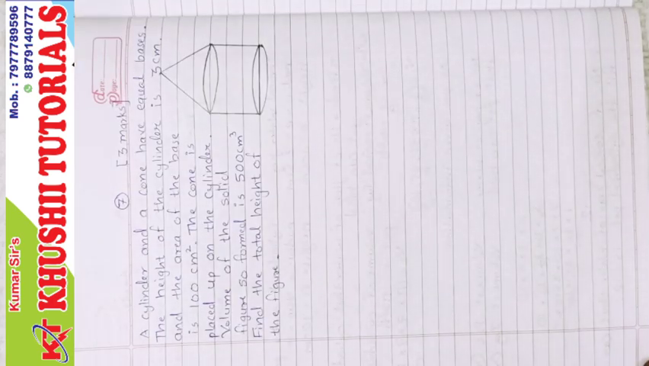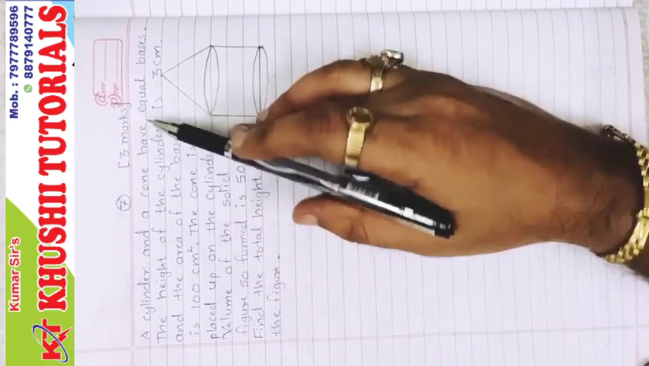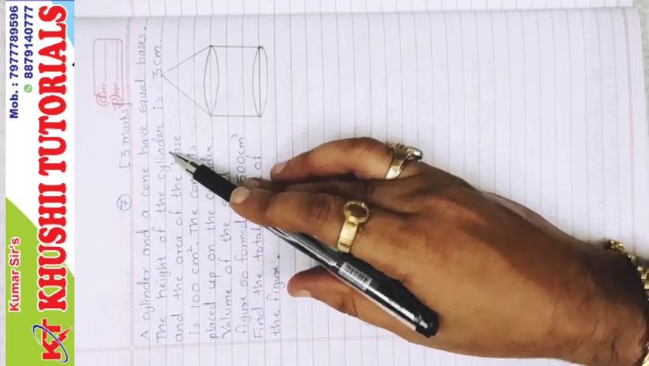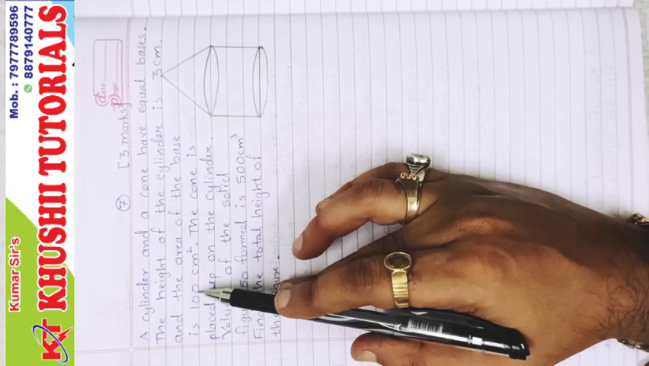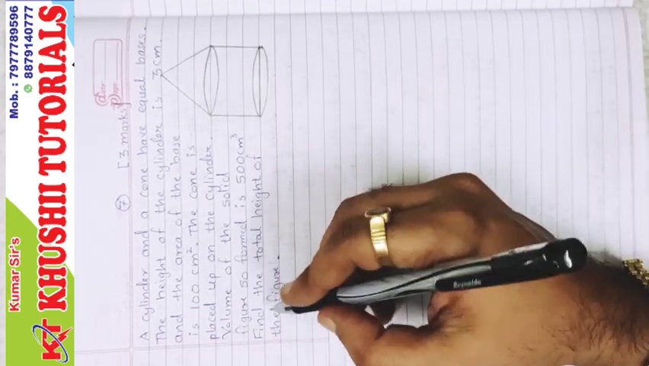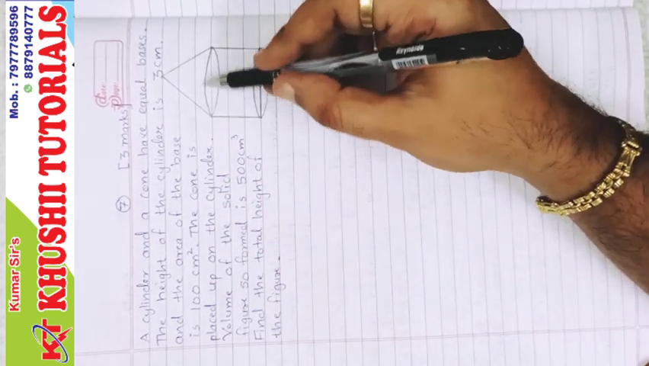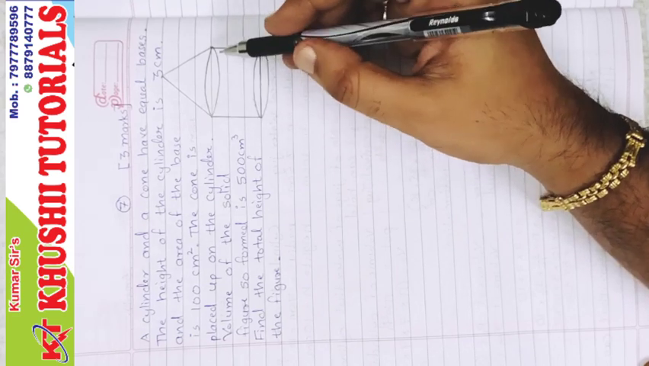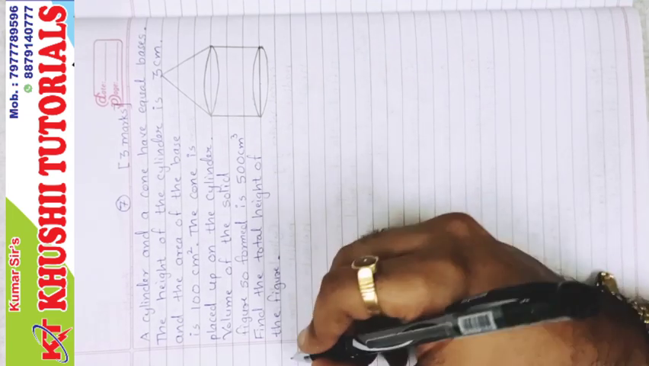Sum number 7, again 3 mark sums. A cylinder and a cone have equal bases. The height of the cylinder is 3 cm and the area of the base is 100 cm square. Now this much we will write. So cylinder and cone have equal base. When they have equal base, it means they have equal circle, and equal circle means equal radius. So first we will write that solution: